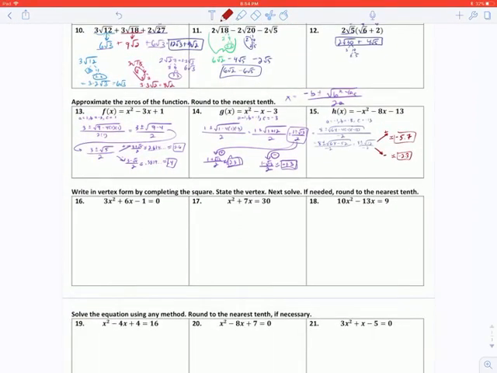Okay, let's check out 16, 17, and 18. Write in vertex form by completing the square. And then we want to state the vertex and solve. All right, so